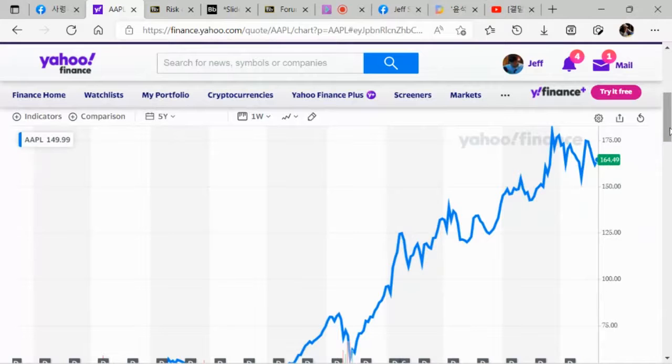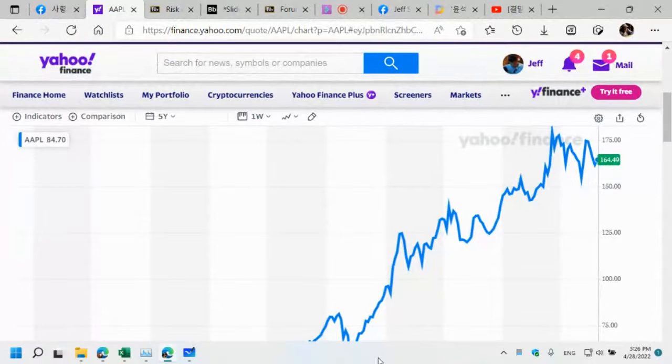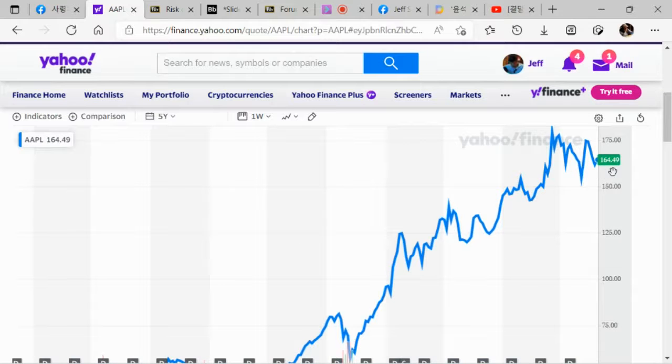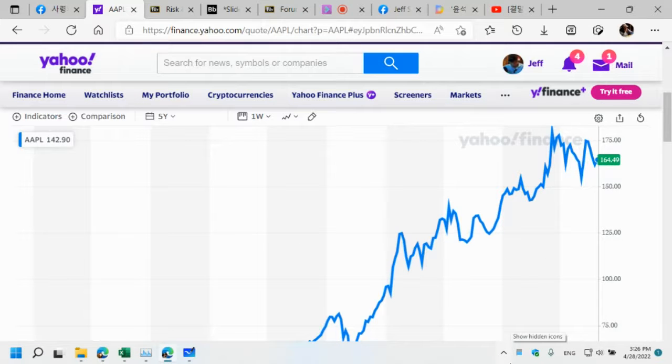And then overall, after proration, right? After making adjustment for split, Apple's IPO price in 1981, which was actually $10, but after adjusting is like 12 cents. So currently, 164. So if you calculate the growth rate in Apple,